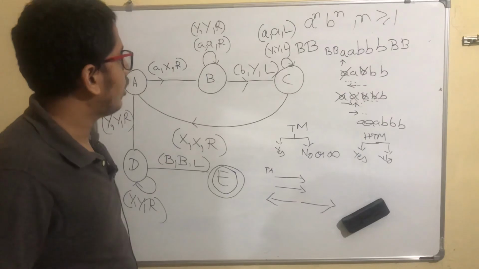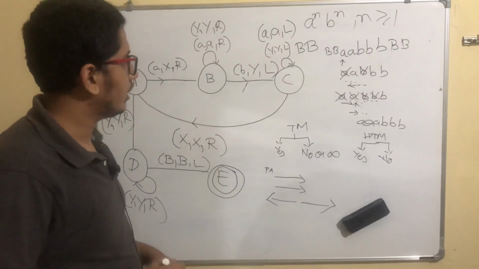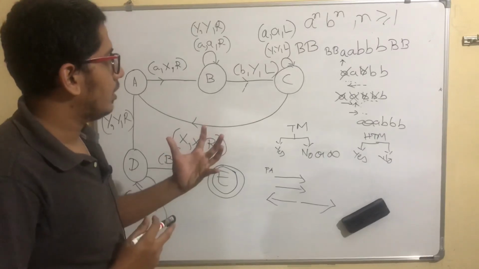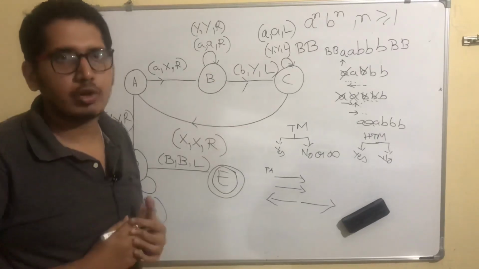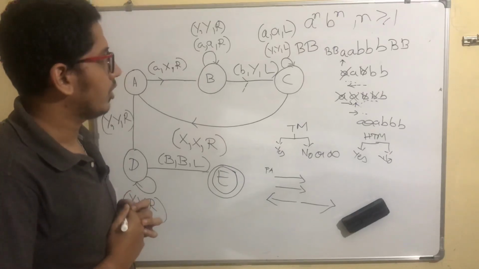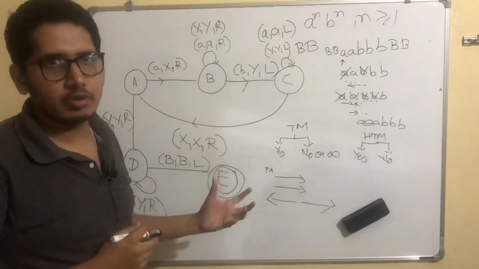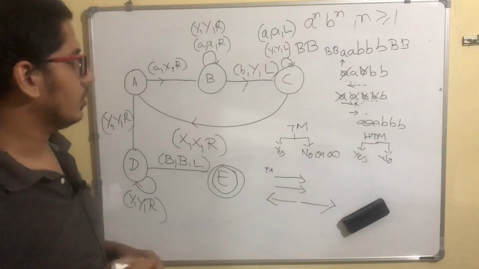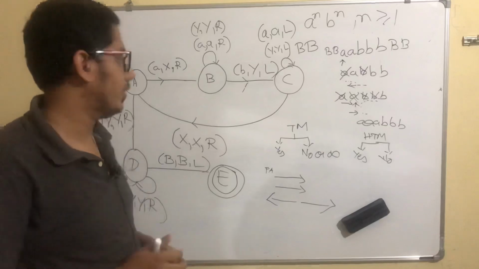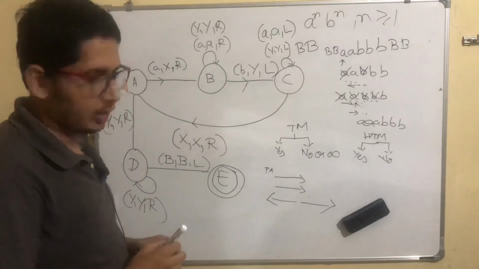So there are still a lot of things to study about Turing machines. In the upcoming videos, we'll see how to draw a Turing machine for finding one's complement. Then there are many concepts related to Turing machine. That is what I told, halting Turing machine, which is very important. So recursive enumerable languages and recursive languages. We'll check those in the upcoming videos.